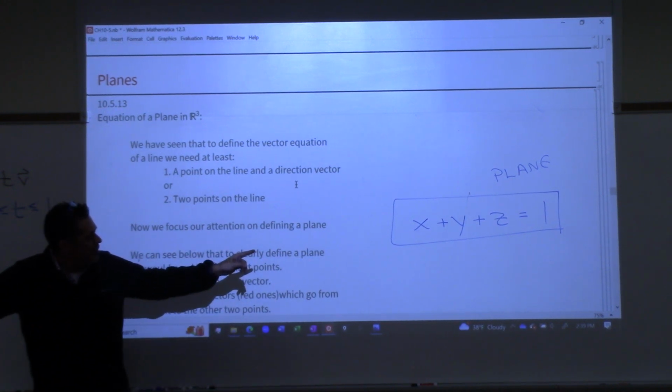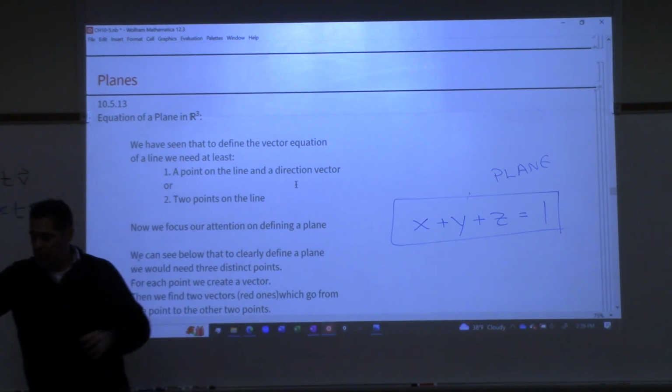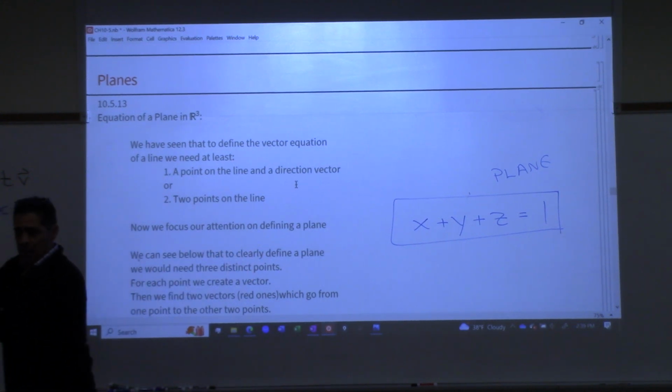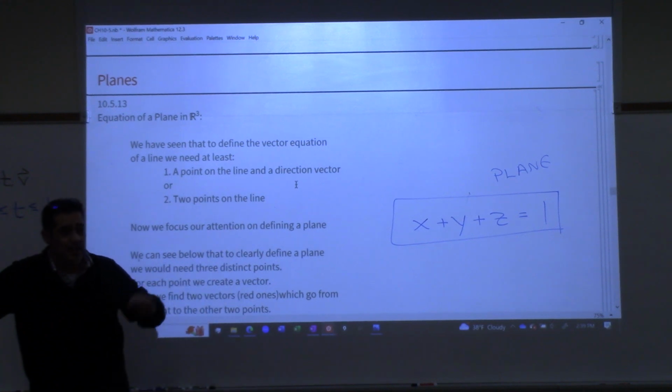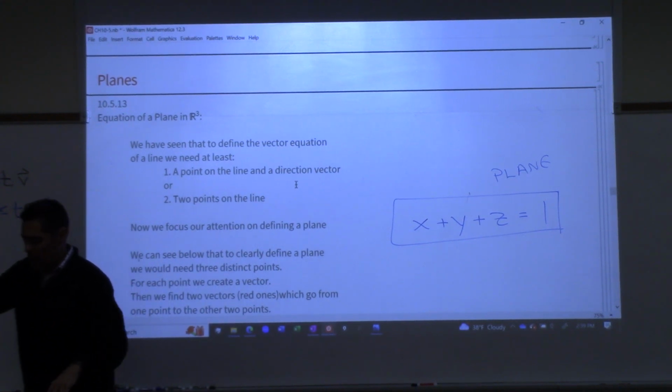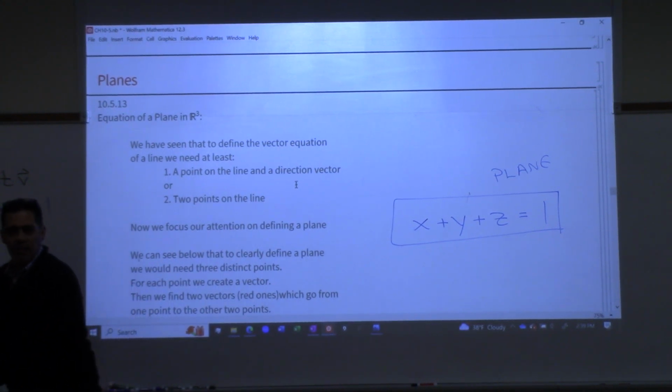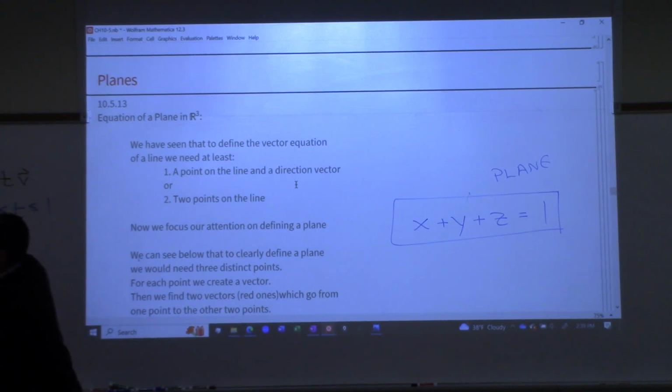Now let x and z both be 0, and what's y? 1. Okay? And then if you let y and z be 0, so let this be 0 and this be 0, what's x have to be? 1. So we have a point here,